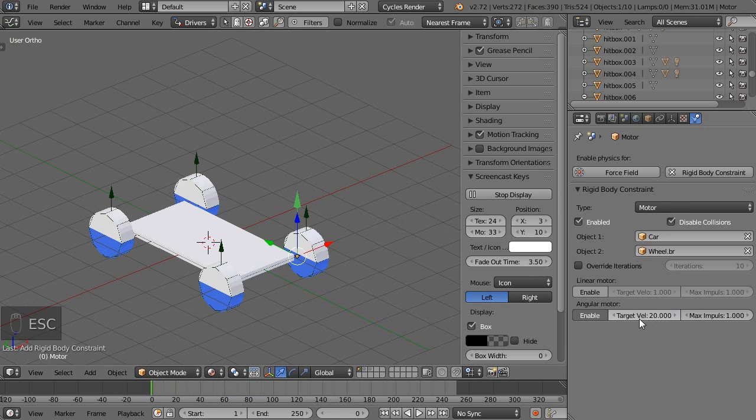I can change max impulse. This means power of the motor. If I add 0.05, then we'll accelerate very slowly. If I increase it to 0.5, then accelerate faster, and if I add 5,